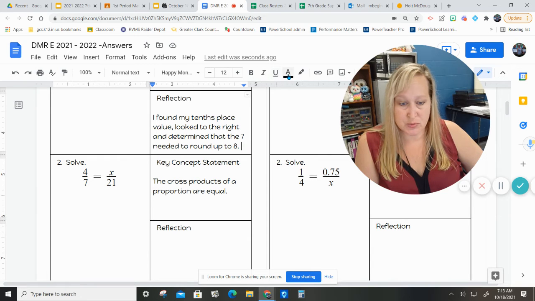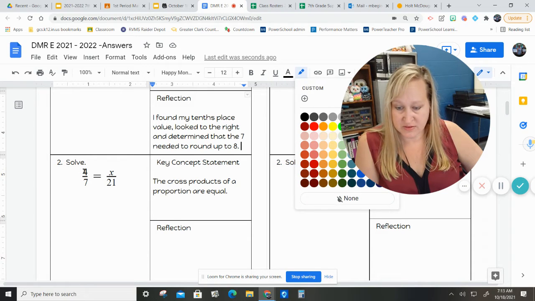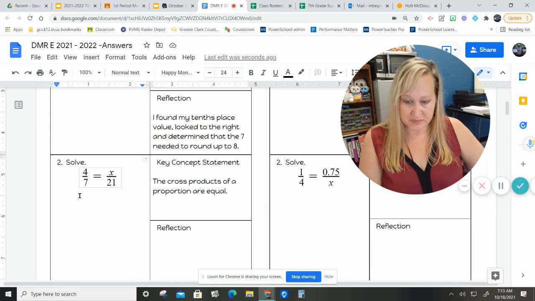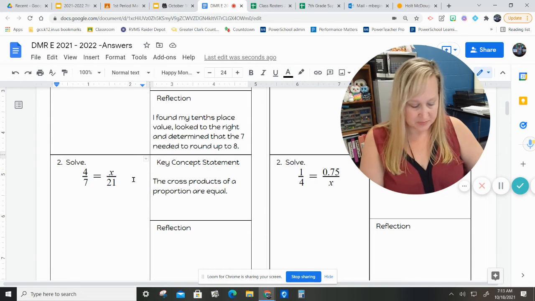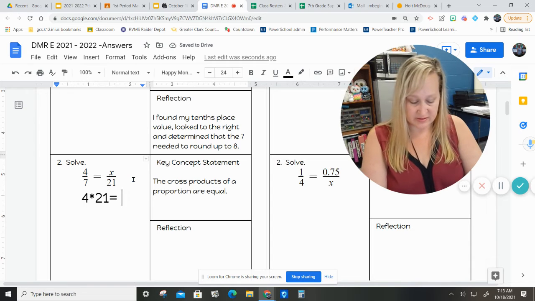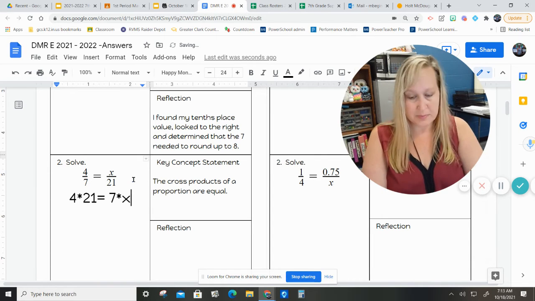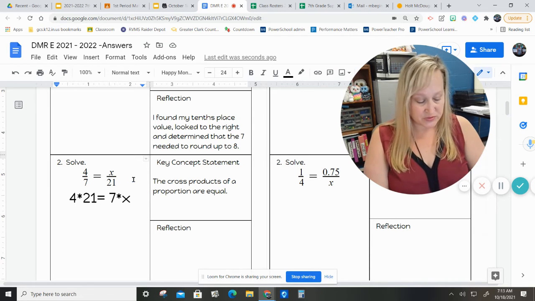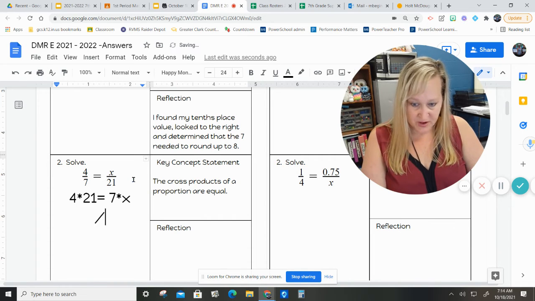So I'm going to multiply. Let's see if I can do this. Whoops. Nope, it won't let me. So I'm going to multiply 4 times 21. 4 times 21 equals the 7 times the x. Okay. Now, in order to isolate the variable x, I need to move the 7 over with division. So I'm going to divide by 7 on both sides,